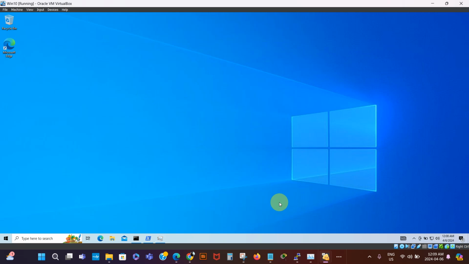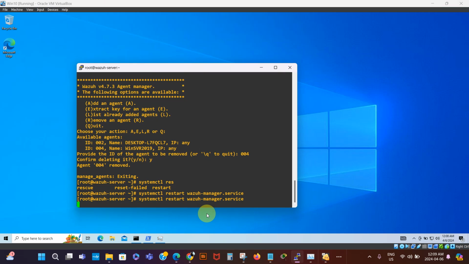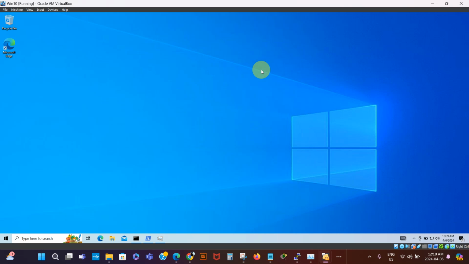So I'm going to create a folder, then I'll go to the WAZUH manager. I'm going to restart that as well. So that's the command to restart that. We just wait for that, because I've used PuTTY to SSH to the WAZUH server in order to manage the WAZUH manager. So I'm going to minimize that, and then I'm going to go to our dashboard,